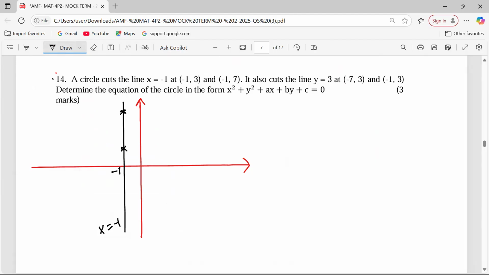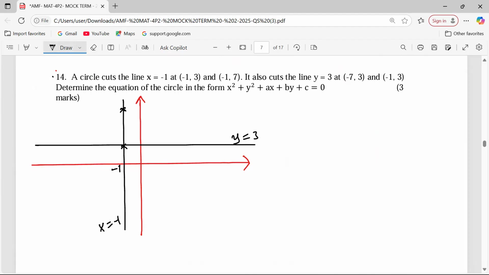Then again, there is another line by the name y equals 3. Line y equals 3. Where shall it pass? At this point. So we are talking about line y equals 3, whereby with this line we can now have